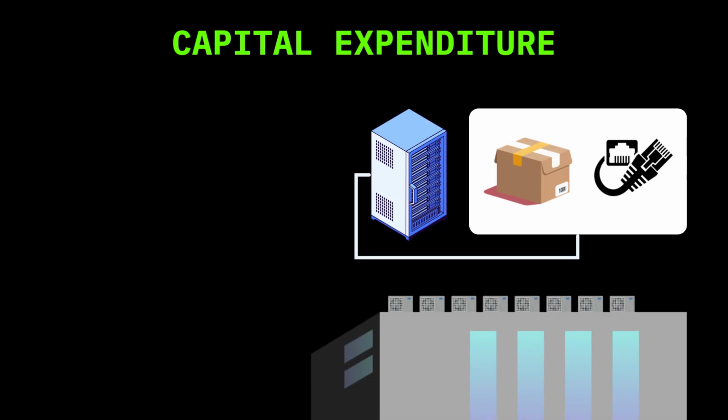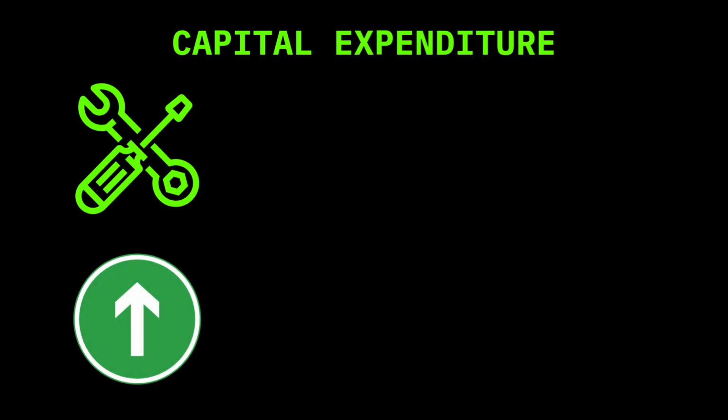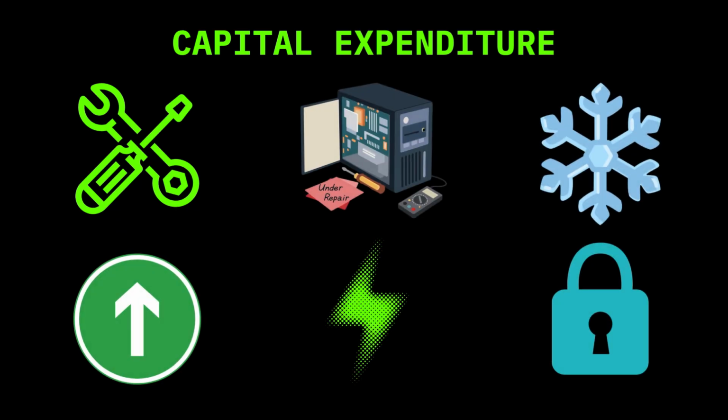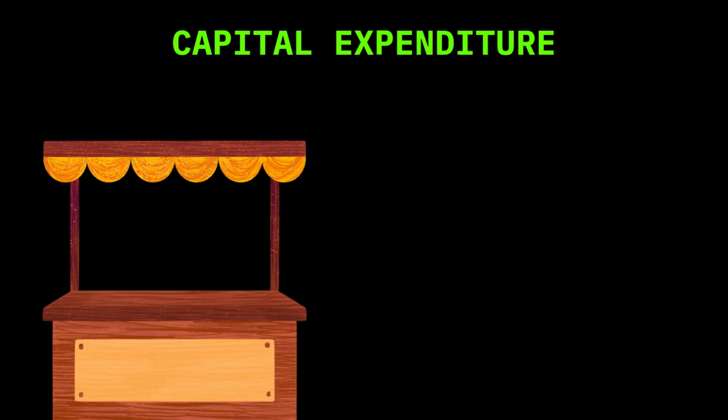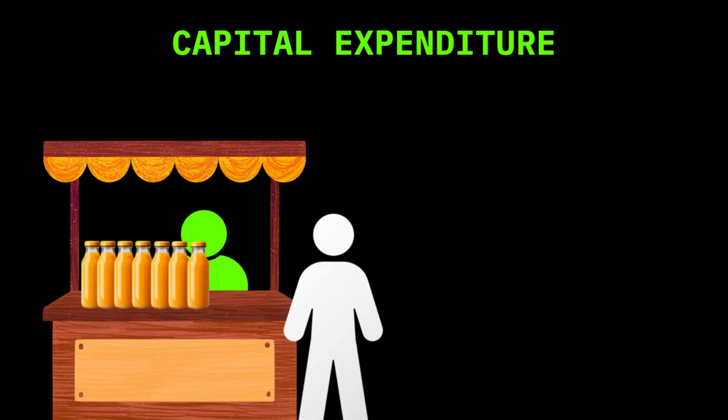As these resources are owned by the company, it provides full control over how they are configured and used. However, the company has to take care of maintenance, upgrades, repairs, power, cooling, security, and everything needed to keep the system running. Also, businesses need to estimate demand before investing. If they guess too low, they may struggle when usage increases. If they overestimate, they end up with unused hardware, which means money is tied up in resources that are not fully used.